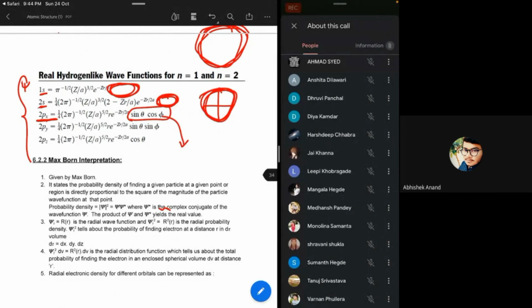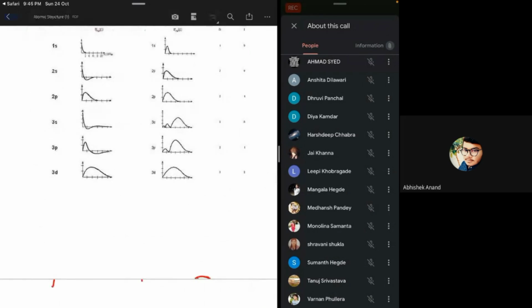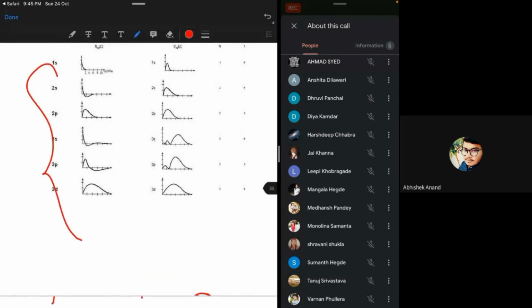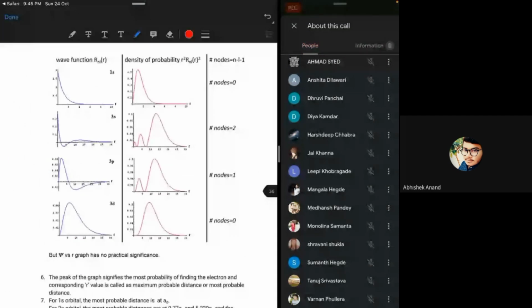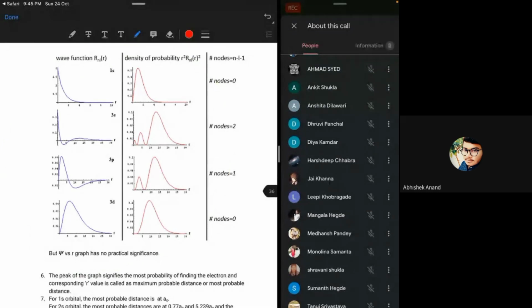You don't need to remember anything. You just need to know, if the graph is given to you, are you able to interpret it? Because until now, if I had given you a graph, you would have become afraid. These graphs are very scary, right? If someone gives this graph in a question, it is scary. That's why I'm teaching you this graph, so that now it is not scary at all.